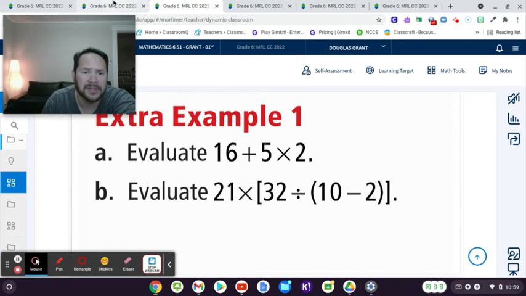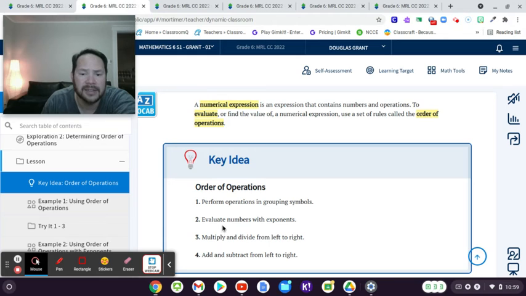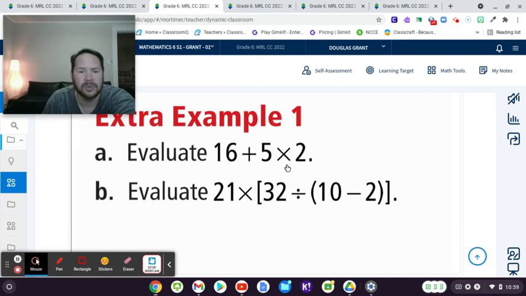The order of operations, if we go back here real quick, says that multiplication and division has to be done before any addition or subtraction. So the first thing you have to do is 5 times 2, which is 10. Then you add the 16, so you get an answer of